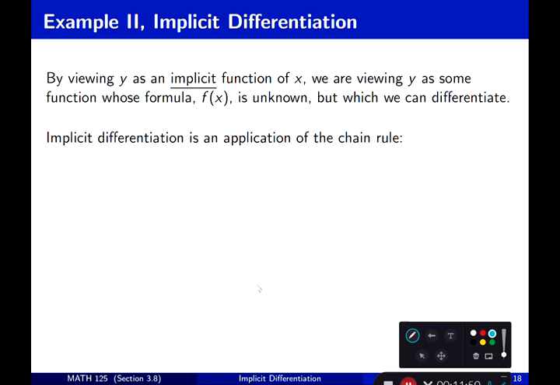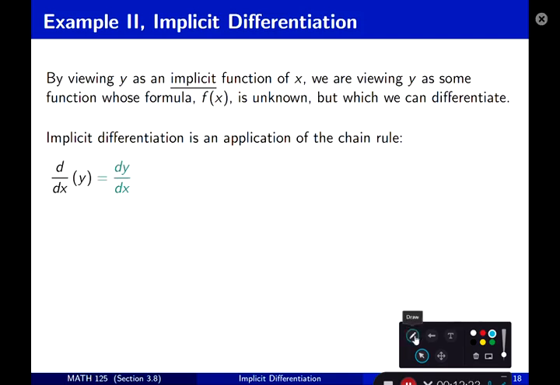Example 2, implicit differentiation. By viewing y as an implicit function of x, we're viewing y as a function whose formula f of x is unknown, but which we can differentiate. Implicit differentiation, again, is an application of the chain rule. So let's just remember that every time you take the derivative